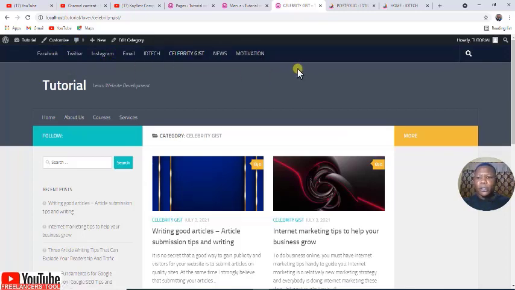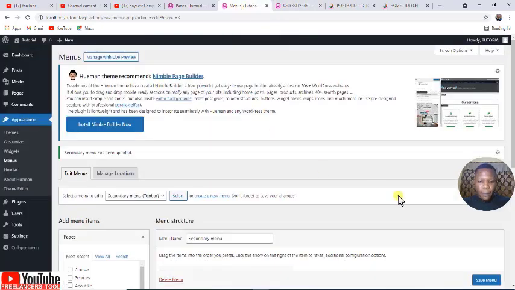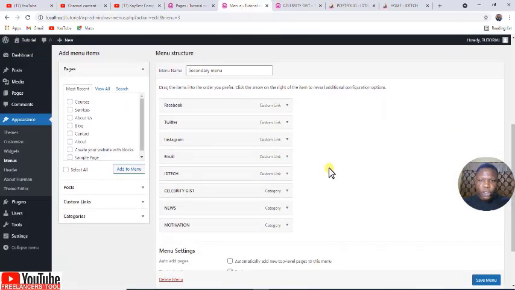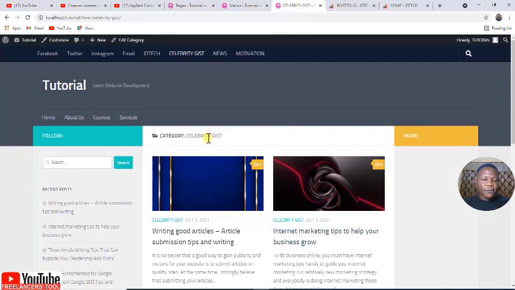I want to talk about child menu. What do I mean by that? For instance, these are social media handles. I'm having social media handles and I'm having category, but I don't want them to be like this. I want a case whereby I will have social media handle, and when you click on it, there will be a drop down of the social media handles, then the category. When you click on the category, there will be a drop down. So to do that,